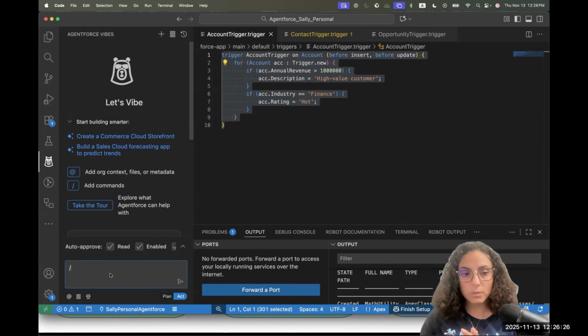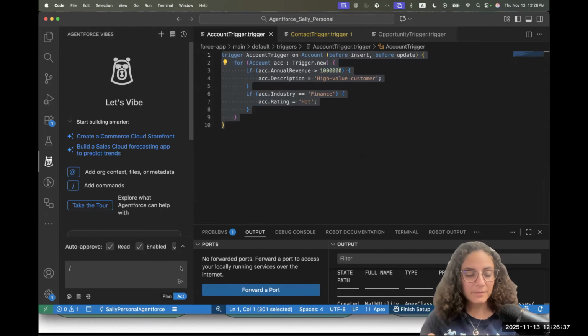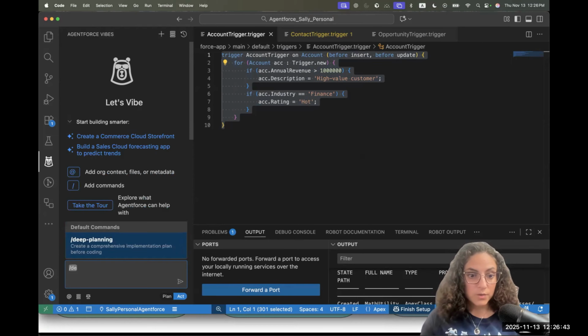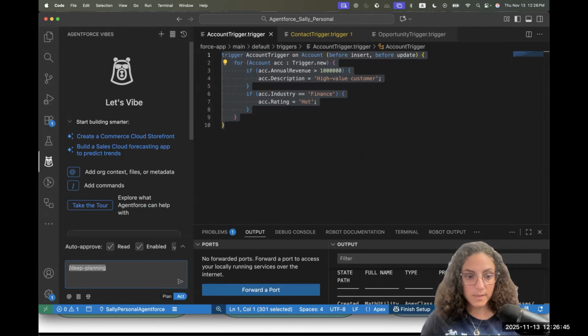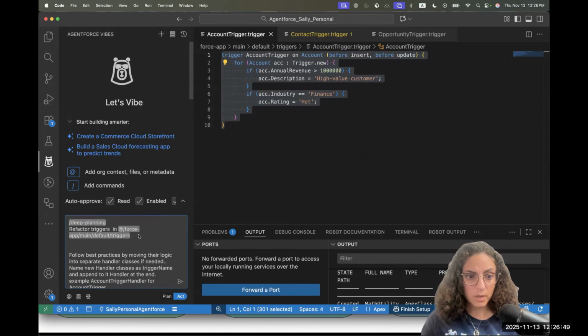So I want to try both at the same time. I'll get my prompt and we'll try the deep planning together. Again, it's new, so I didn't get the chance to play with it too much, but that's my understanding of how it would work. So deep planning here, and I would say my instruction or my prompt,